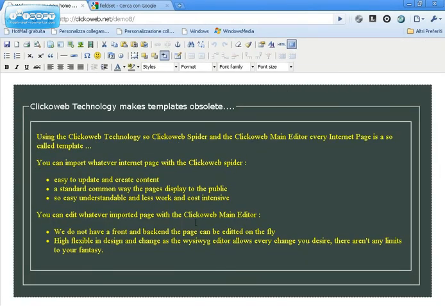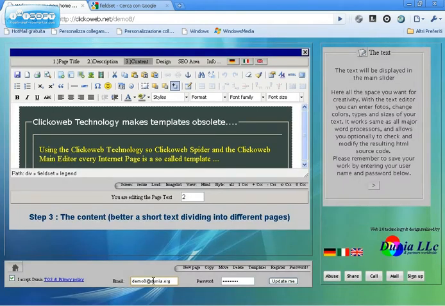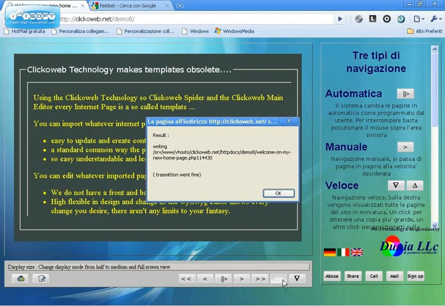overview and editing. I swapped back from full screen to normal mode in order to show you how easy it is to save your changed web content. Just enter your email and password, then click the Update Me button. The editor closes automatically, and after a few seconds the server will give you feedback about the successful writing of your page. Just close the alert and you have the page as it is already online.